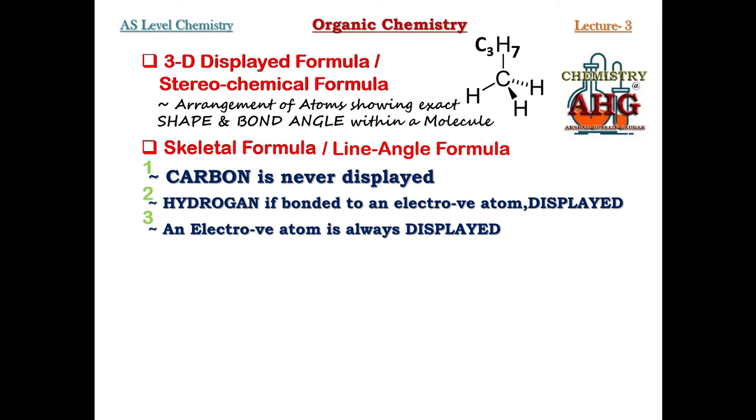Now I am going to give you different examples of the skeletal formula. First of all, we are going to start with the skeletal formula of butane. Now what you know, in butane, how many carbon atoms are there? There are 4 carbon atoms, and along with carbon, which element is present? Hydrogen. So there is no third type of element present in butane. What does this mean? It means no element will be displayed while writing the skeletal formula for butane. Then how will you show this skeletal formula?